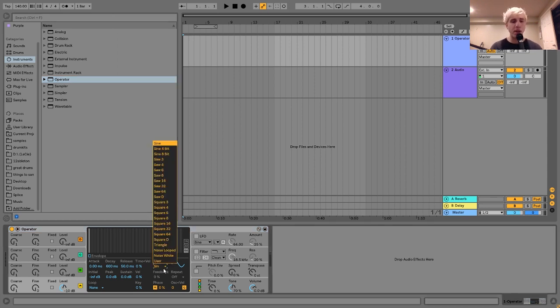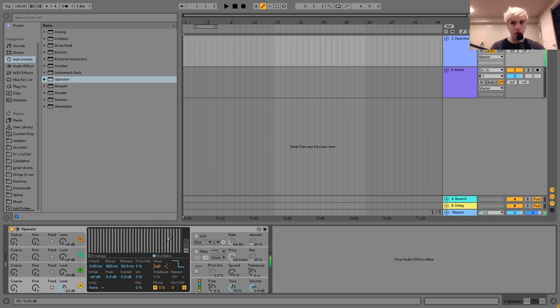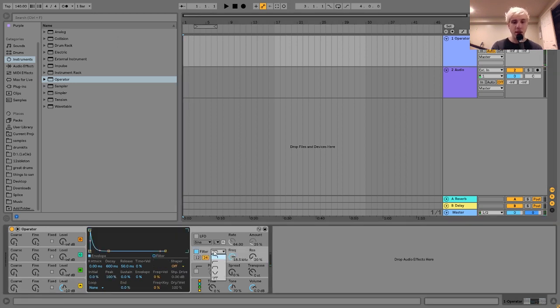So what we're going to do to make them sound mellow is I'm going to get a square wave, which, as you can hear, is very harmonically rich. It's very loud. It's just very out there. There's a lot of stuff going on. Not very mellow. So for this we're going to use a bandpass filter,